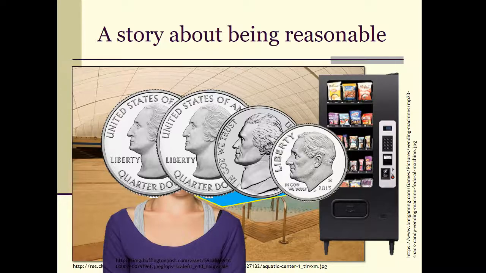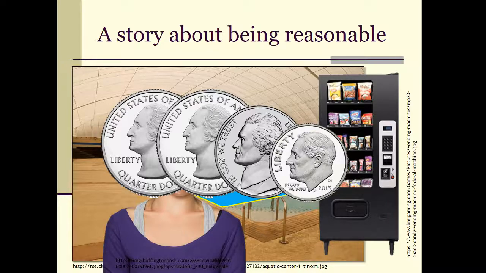What do I do with a check for 65 cents? Is it really worth standing in line at the bank to cash the thing? To mail it to my bank? The stamp would be more than half of what the check was worth. So what do I do with this thing? Well, would it have been reasonable of me to say, hey, lady, I appreciate you trying to send me a check for 65 cents, but it's just not worth my time. How about you send me a check for $6.50? Was I going to get $6.50 from them? The answer, no. I would never get $6.50 from them. At the same time, I would think it would be reasonable, but they would not think it's reasonable.